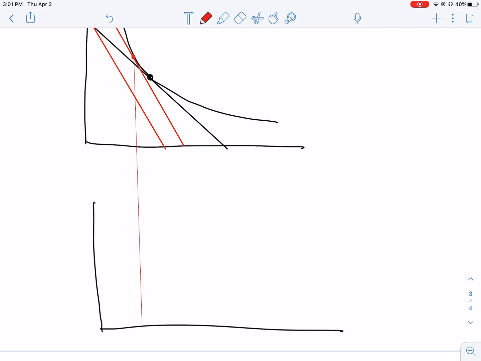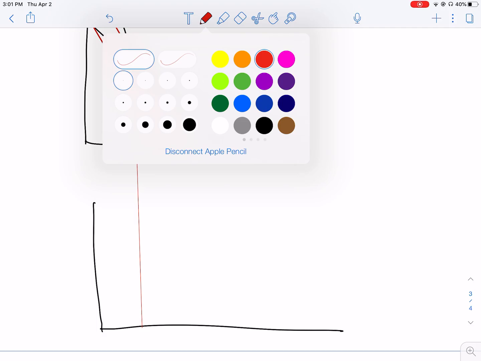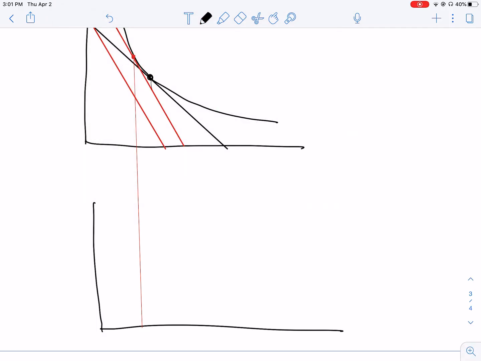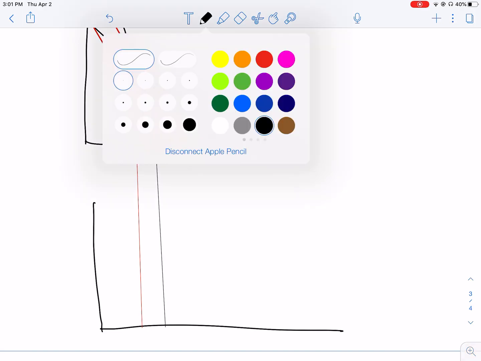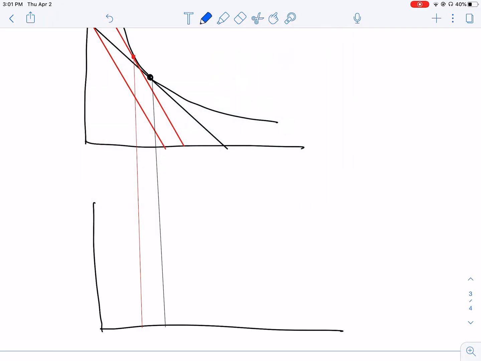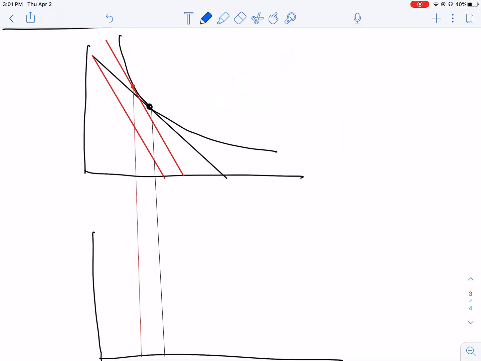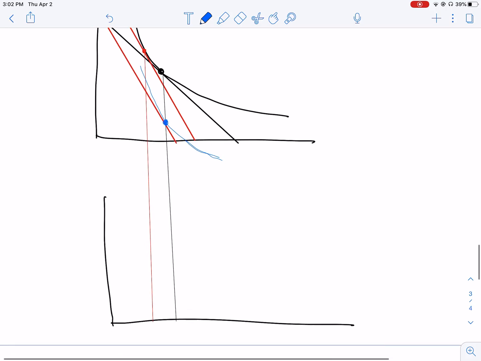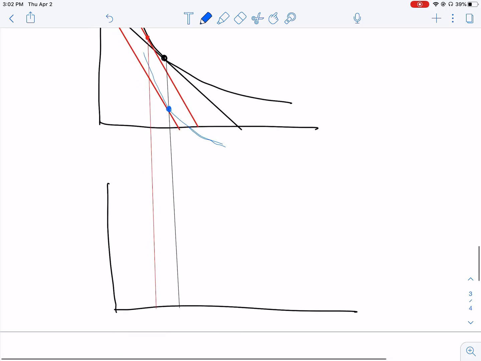So here's the substitution effect, and the original consumption was here. And suppose the income effect is the opposite of the substitution effect, and the size is exactly the same. So in other words, your optimal decision is somewhere here. Of course, the indifference curve cannot really go down here, but I'm not Michelangelo, so anyway,